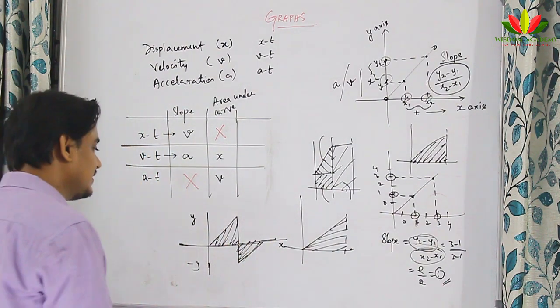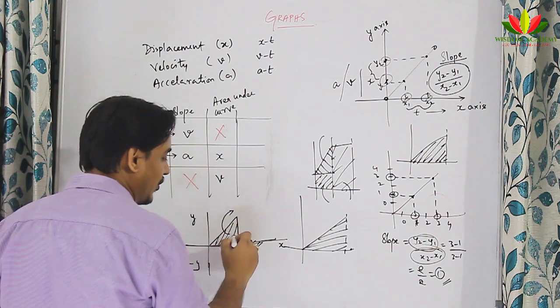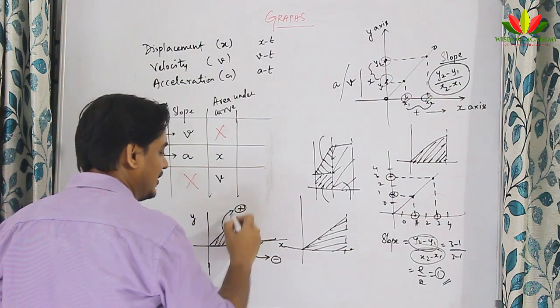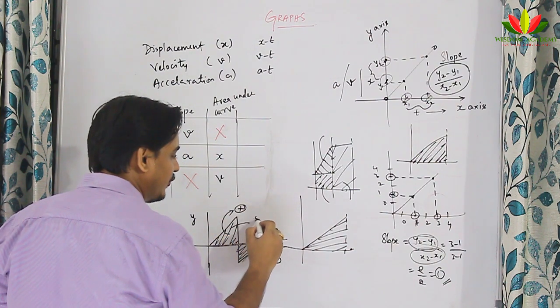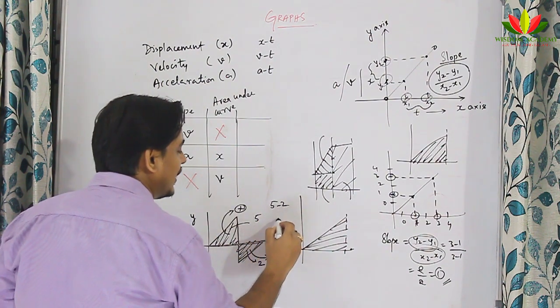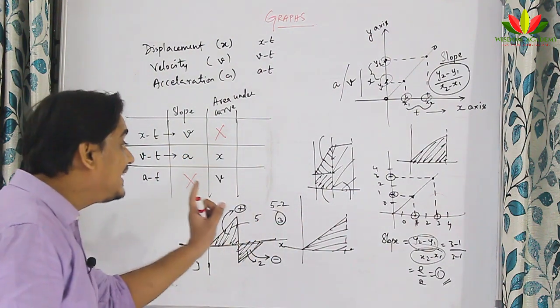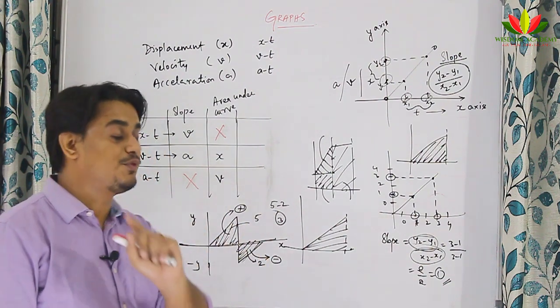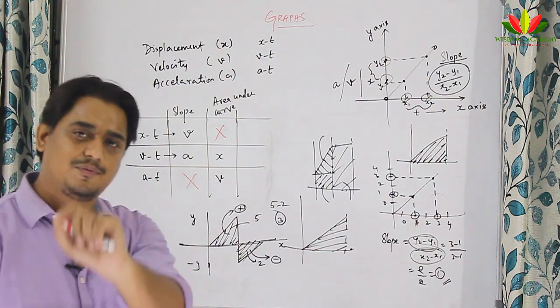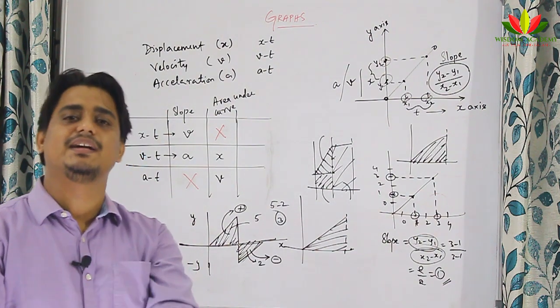Yes, you are becoming intelligent. See, this area is a positive area. This area is a negative area. So when you add these two areas, how will you add? Suppose this area comes to be 5 units and this area comes to be 2 units. So you will write 5 minus 2, the answer will be 3. So you will take the signs into account. If you take the plus sign and minus sign into account, then find the area under the curve, you will get the value of